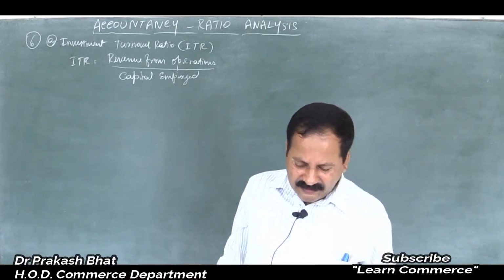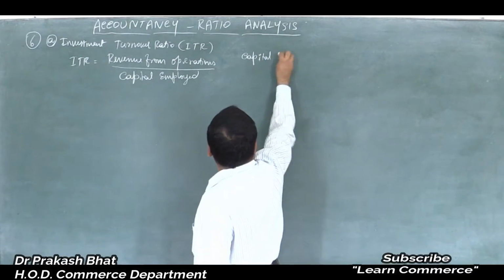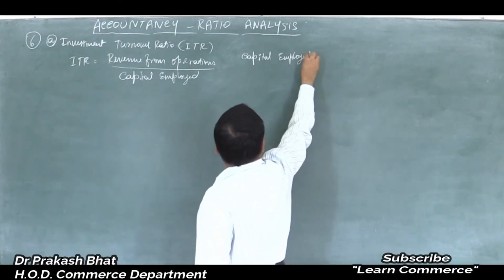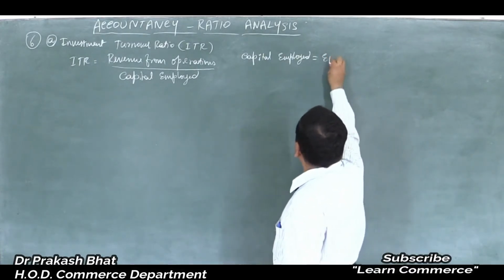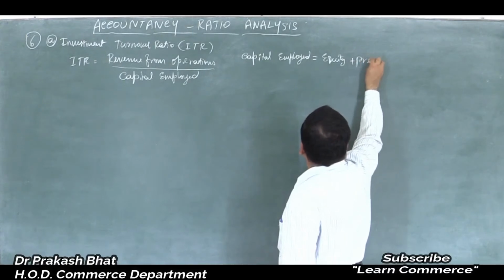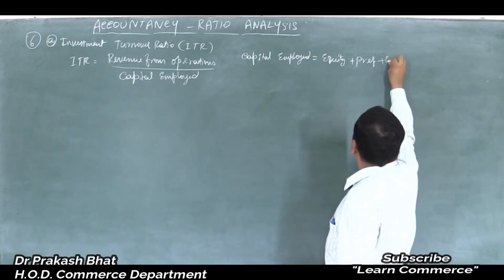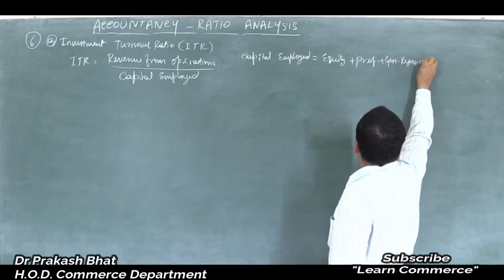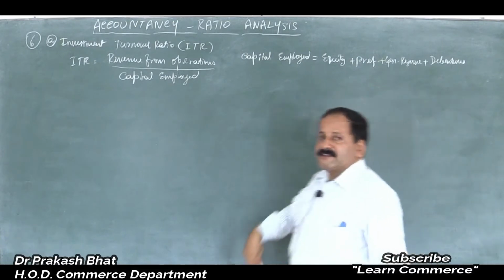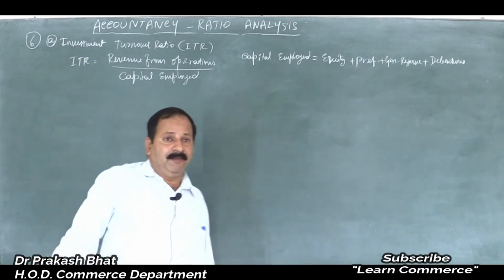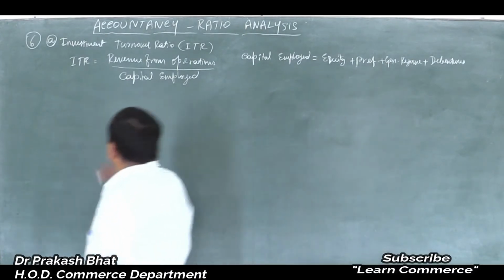So ITR is equal to, capital employed is equal to equity plus preference share capital, then general reserve plus debentures in this case, or if you write, that is shareholders funds plus long term borrowings or non current liabilities, that itself is capital employed, isn't it? So ITR is equal to